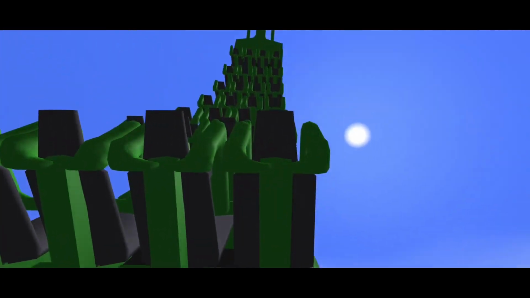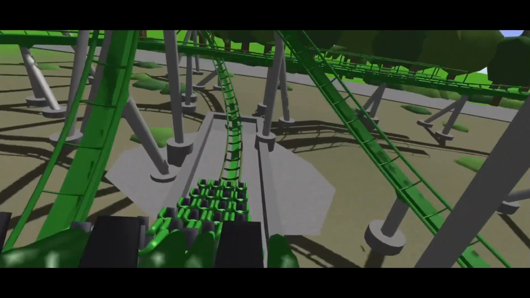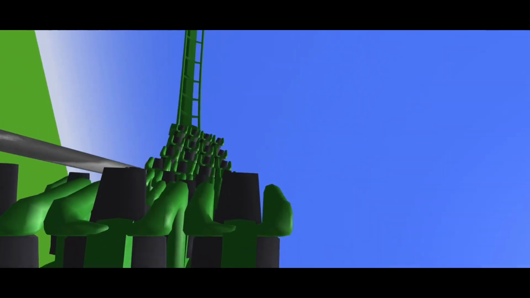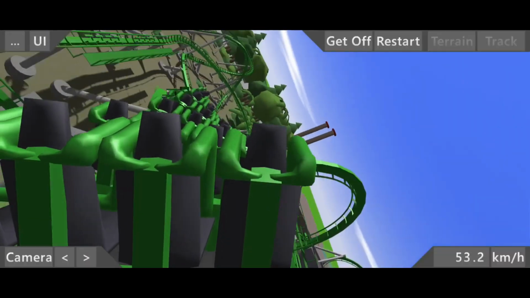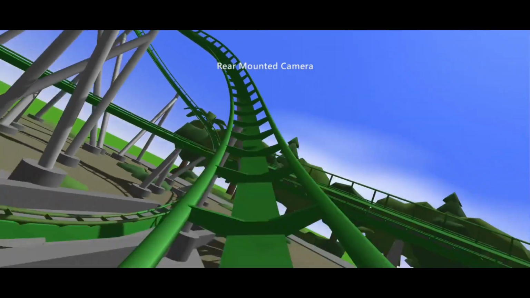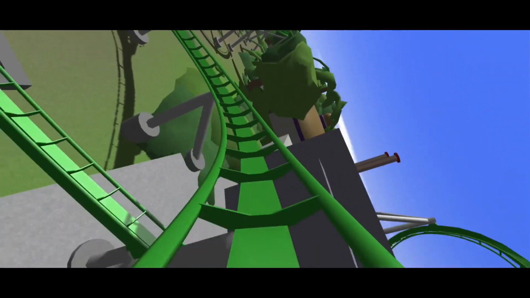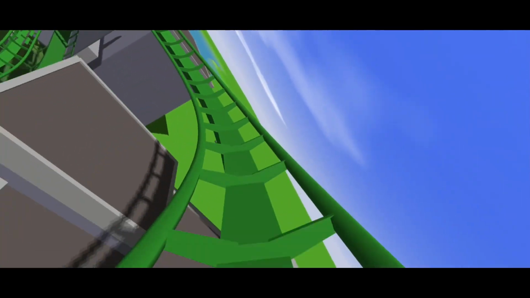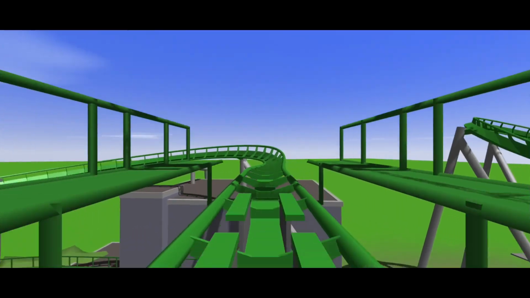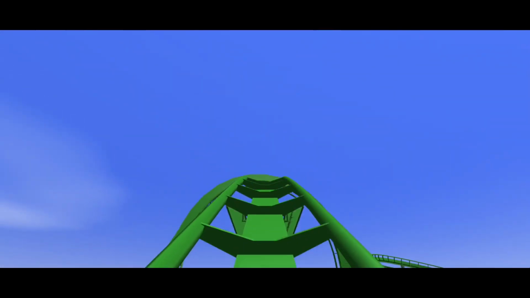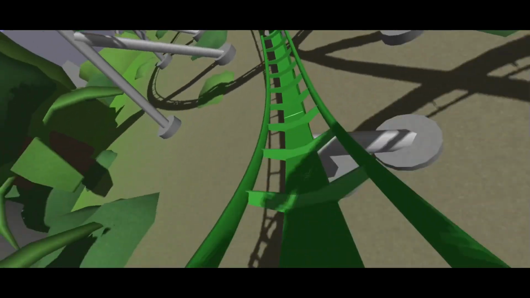So sometimes the front view or the mounted will not display the jolts nearly as well as the back row POV, and also the rear mounted camera also does a great job of that. Yeah, you can see that right there. So this is another tip that you can use to be able to find imperfections in your profiling and in your track